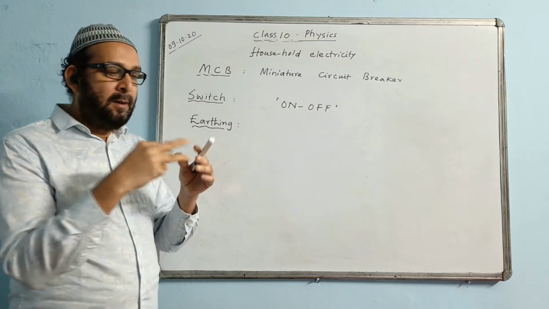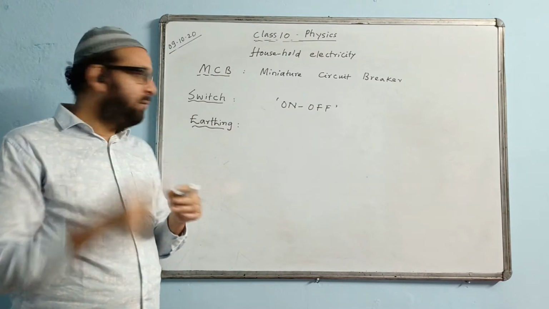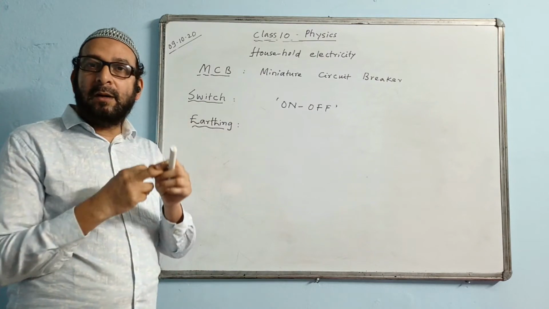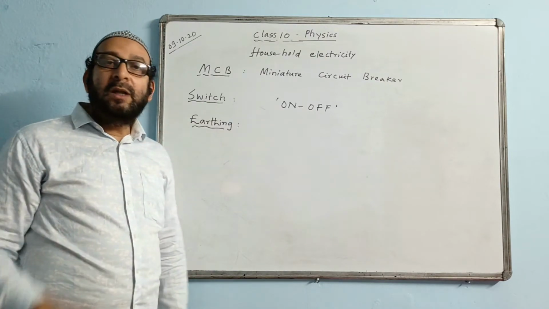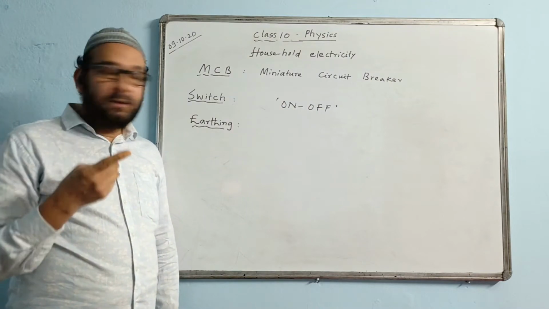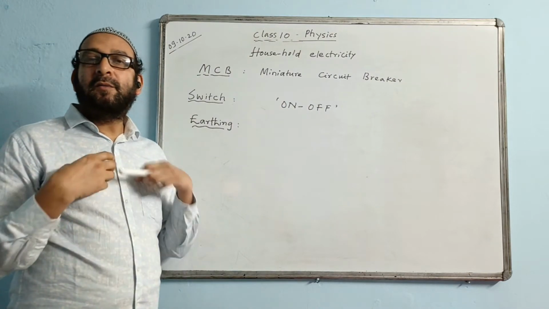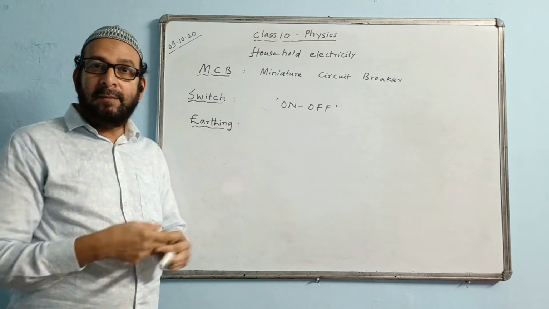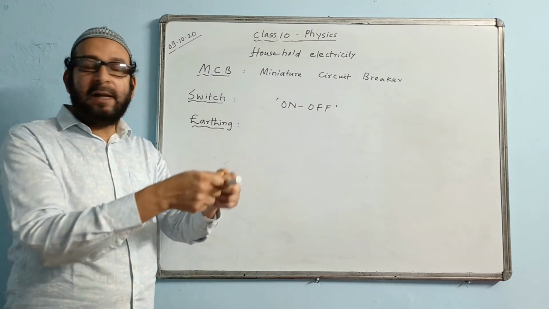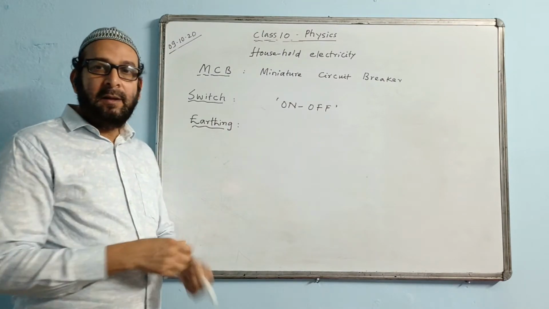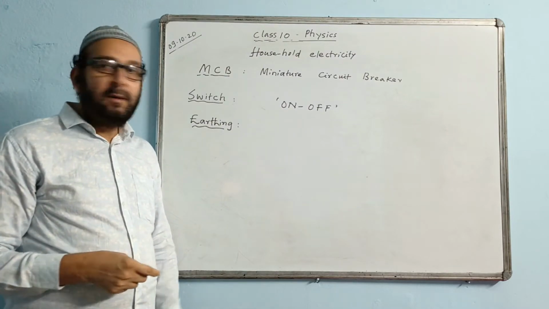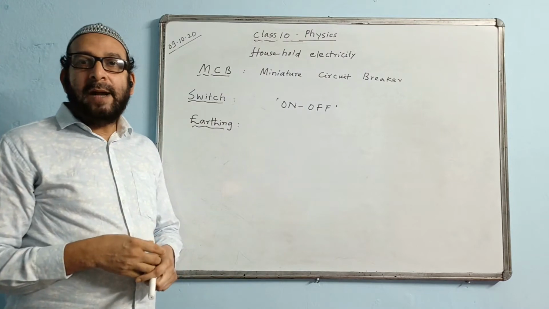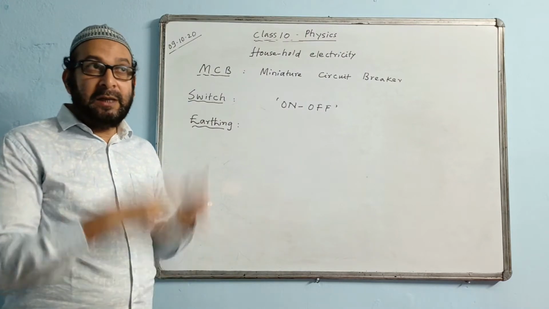There will be a plug with three pins, because one is for the earth, one is for the live, and one is for the neutral. Only those kinds of appliances are earthed which we handle physically. You will be touching them. For example, we have a refrigerator, which we have to open and close, so earthing is very much required. We are also handling washing machines, heaters, and geysers.